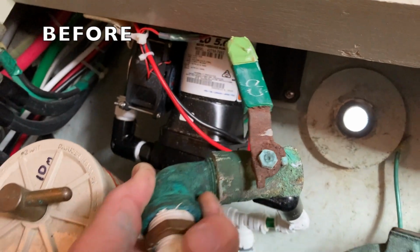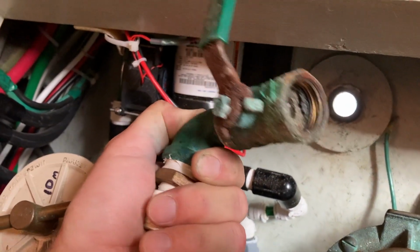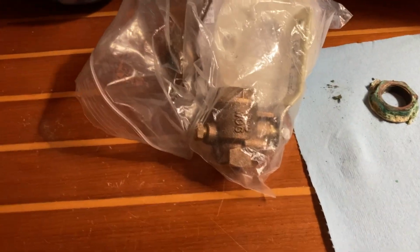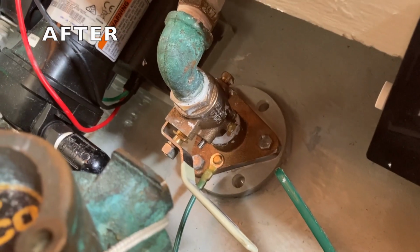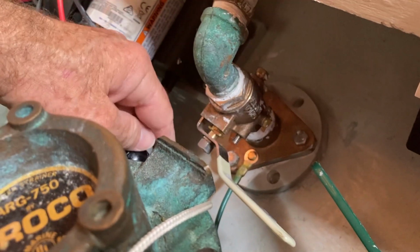This is the old valve for the Watermaker intake, which was just looking a little bit old and crusty. So we'll replace it with a new Groco bronze 3/4 inch valve, new fiberglass backing plate, and new mushroom with a proper base. This is the new through-hull fitting we installed for the Watermaker seawater inlet, and it's got a